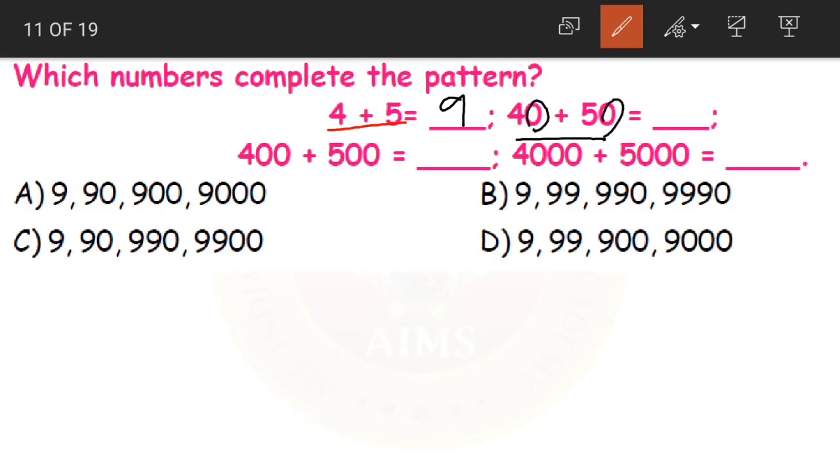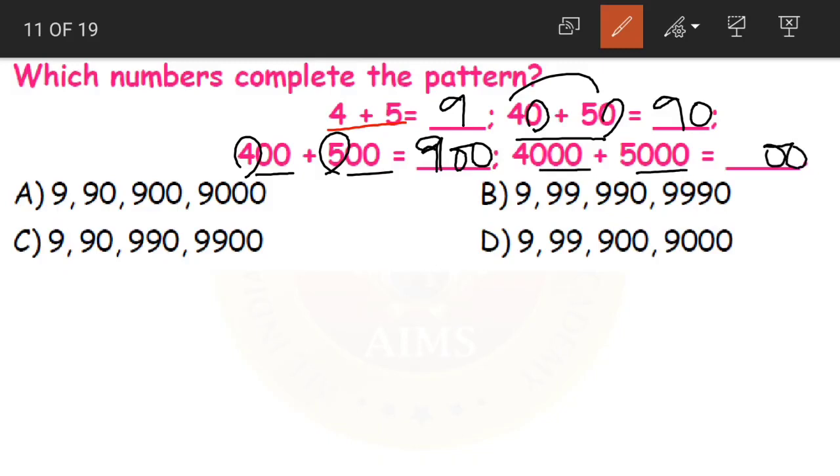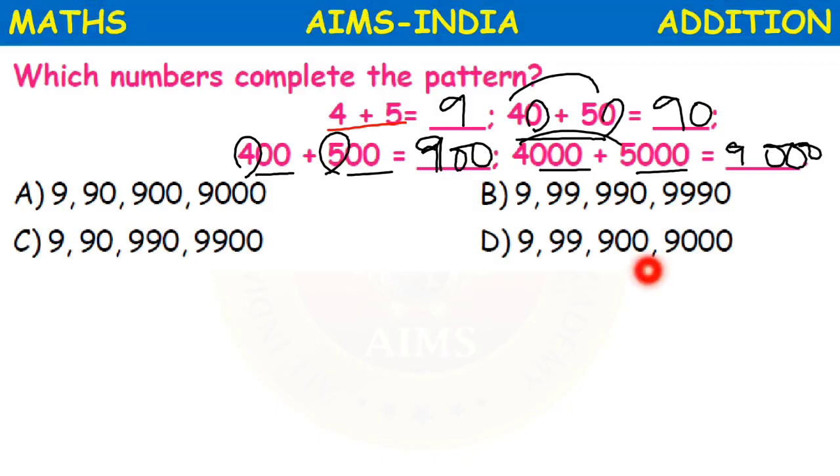We have 1 zero, so we'll put 1 zero, and we know 4 plus 5 is equal to 9. It becomes 90. Now again here we have 2 zeros each, so we'll put 2 zeros here. 4 plus 5 becomes 9. The answer becomes 900. Now here again 3 zeros, so we put 3 zeros. 4 plus 5 is equal to 9. Yes children, this is very easy, right? We are using oral addition to add these numbers.